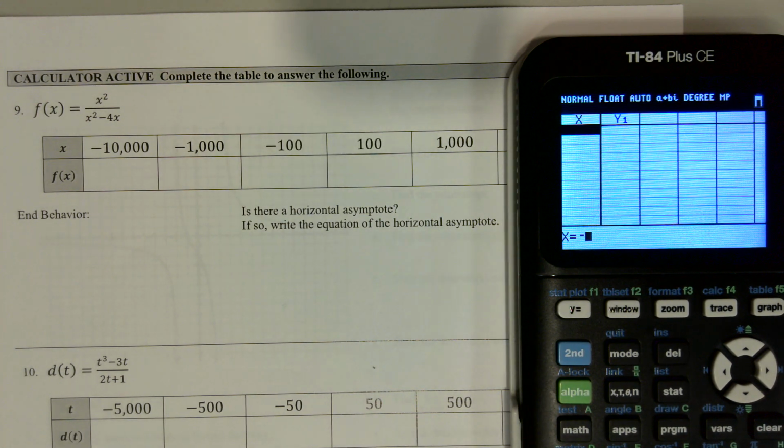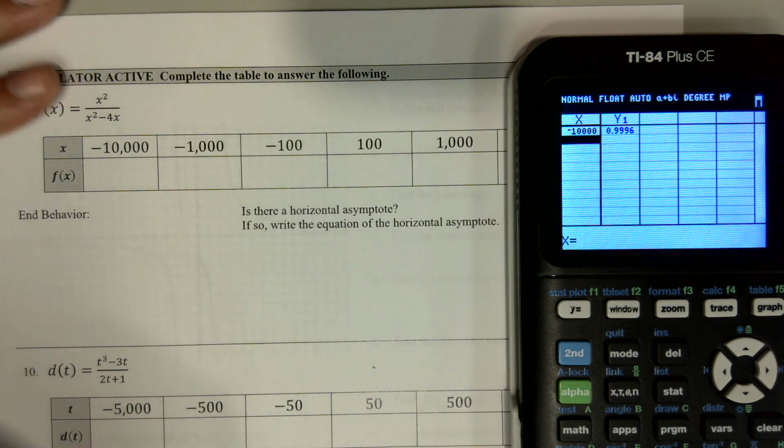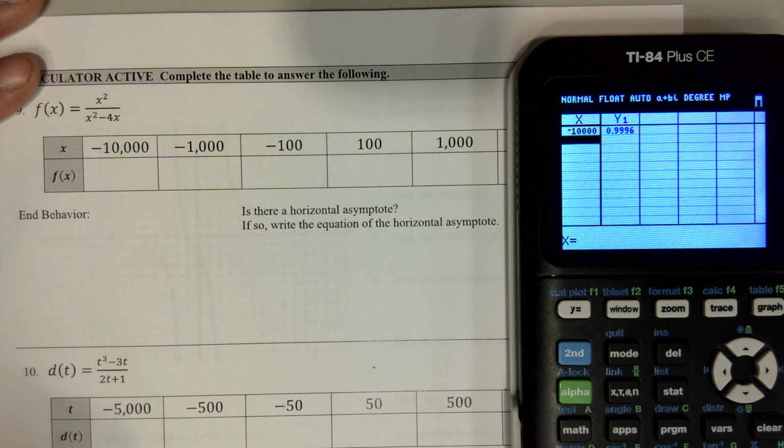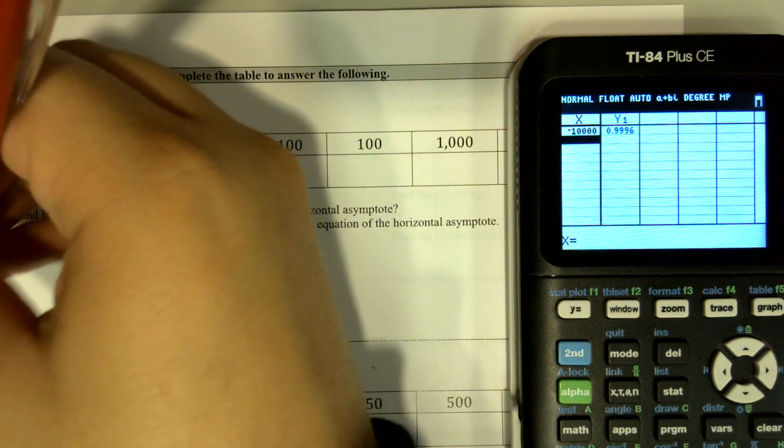So if I type in negative 10,000 for x, it'll give me the y value when I hit enter. So the y value for x equal to negative 10,000 is